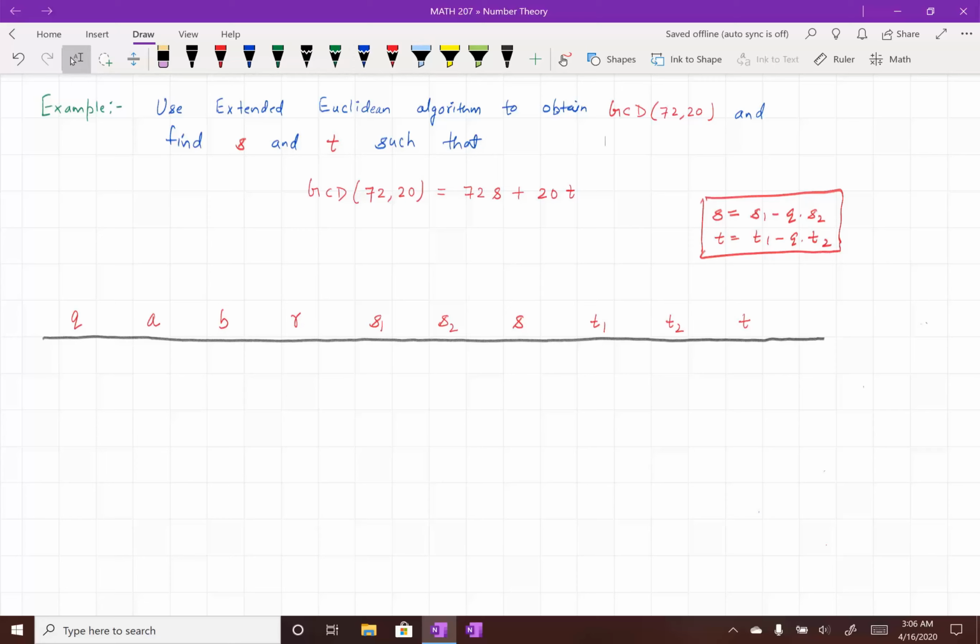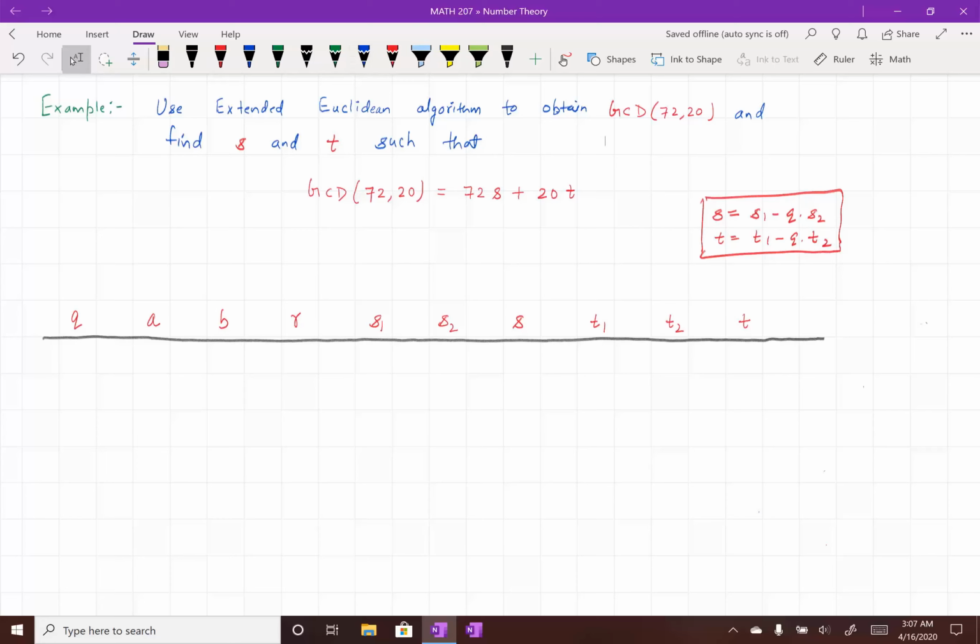So based on my table approach, I will have 10 columns now. The first 4 columns are similar to the columns in your Euclidean algorithm. Q is for quotient, A is your given integer, B is your other given integer, R is your remainder, S1 and S2 are temporary variables, S is your coefficient, T1 and T2 are your temporary variables, and T is your coefficient,